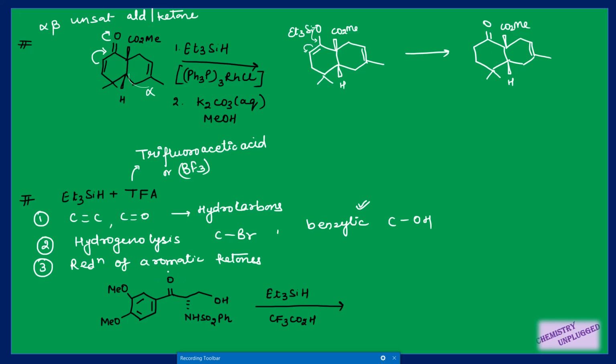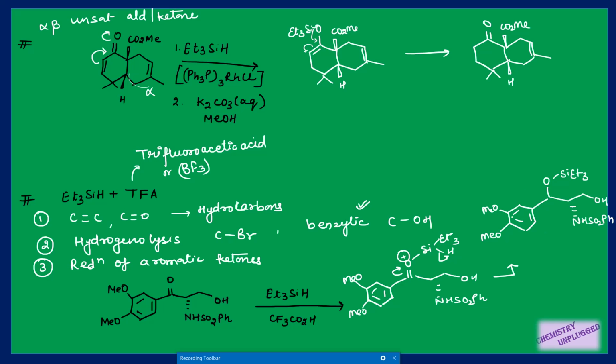So this I have there, here I have this double bond, this ketone, right? So the first point is that this bond will shift here, or you may consider it like that: first this oxygen will form a bond with this triethylsilane and then this bond will shift here and this proton will be removed, then it will attach with this carbon, right? So first I will get this one, then this trifluoroacetic acid will provide a proton which will combine with this oxygen, right?